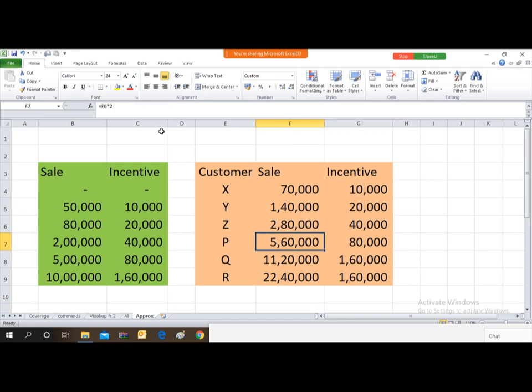Now you can just manually check. So the value will be say 5 lakh 60,000 in sale value. So 5 lakh 60,000 is just nearer to this. So it has derived 80,000 against this. Okay. So it's up to you, but this formula is rarely used. Just for the sake of knowledge, I have covered this.